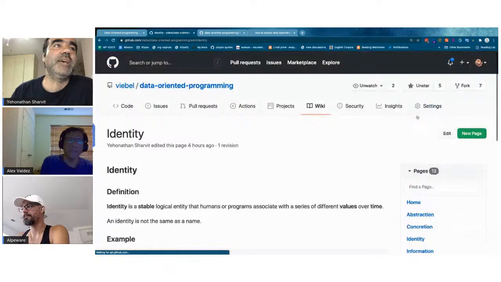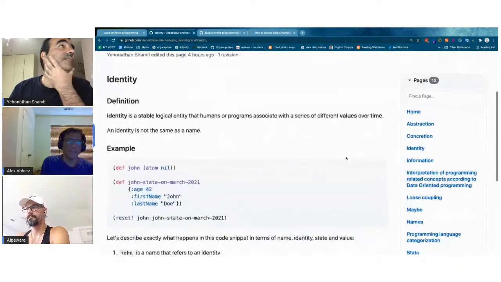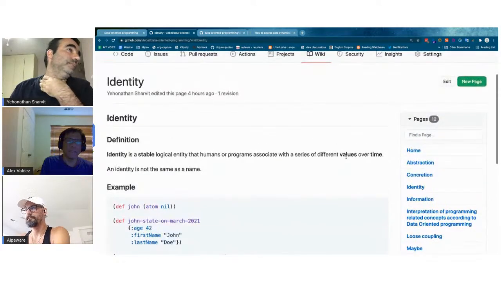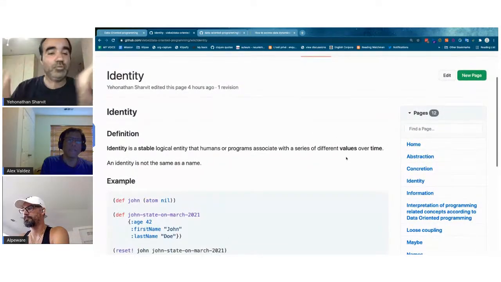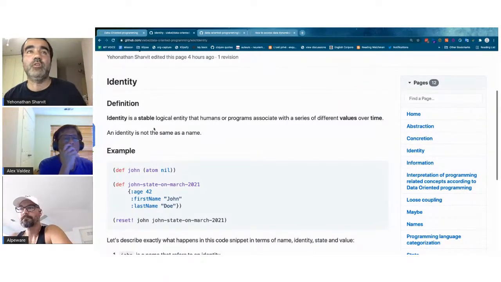Let's take identity. Okay, so what is an identity according to Clojure philosophy? The definition starts from something very abstract and formal, and hopefully it will get clearer with the example. So identity is a stable logical entity that humans or programs associate with a series of different values over time.